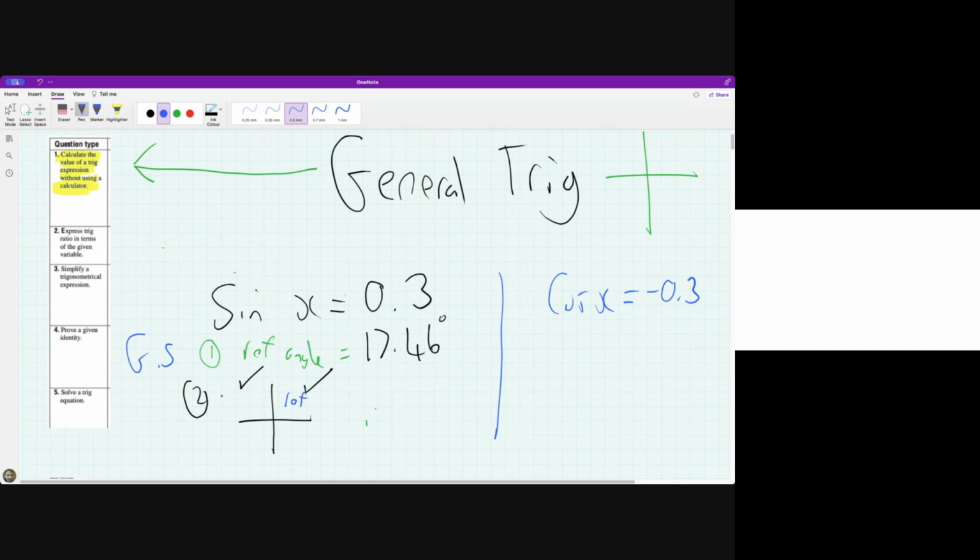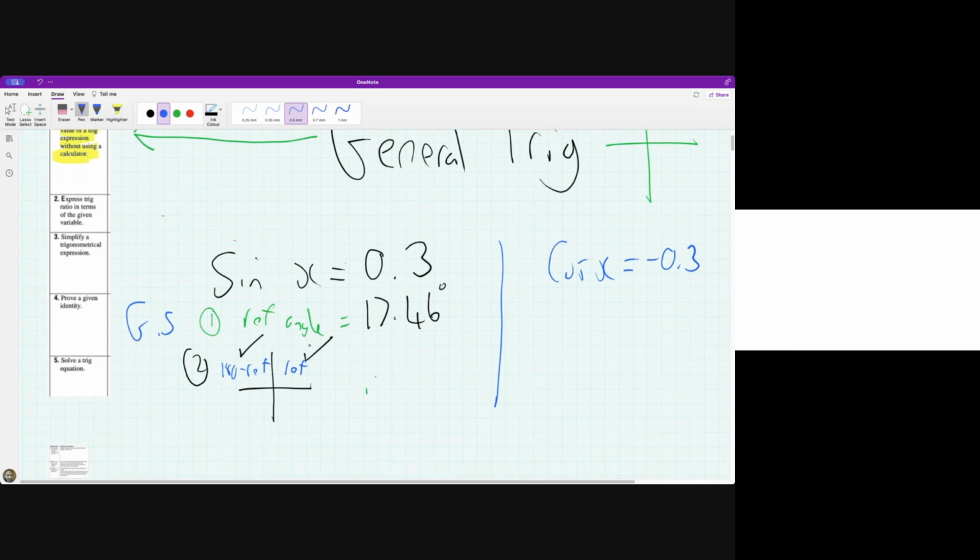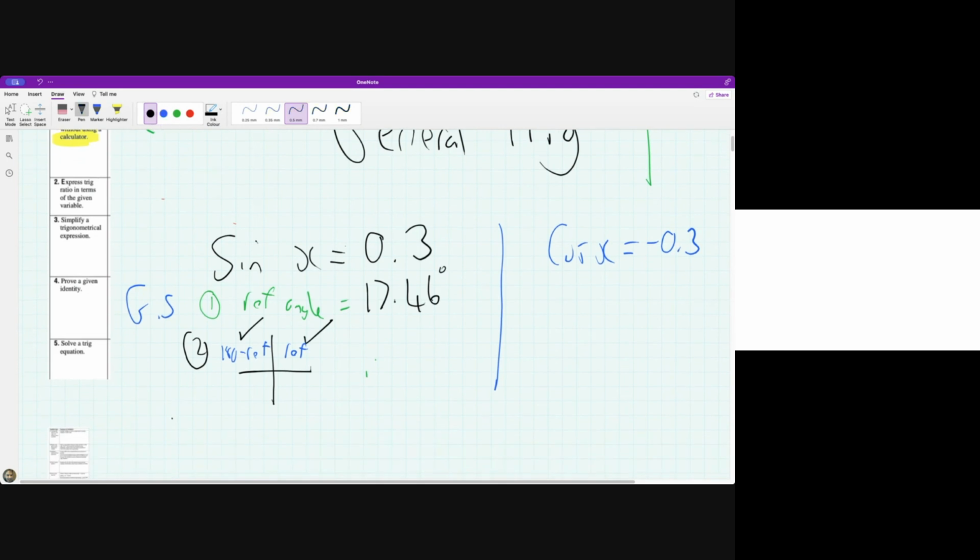And in this quadrant, the answer will be 180 minus the reference angle. And then step 3 would be just to write the general solution, which would be x is equal to 17.46, or x is equal to 180 minus 17.46. So let's go 180 minus 17.46, and that gives me